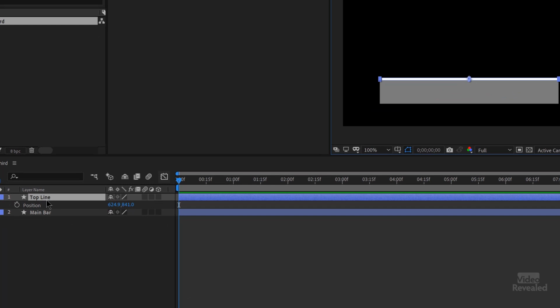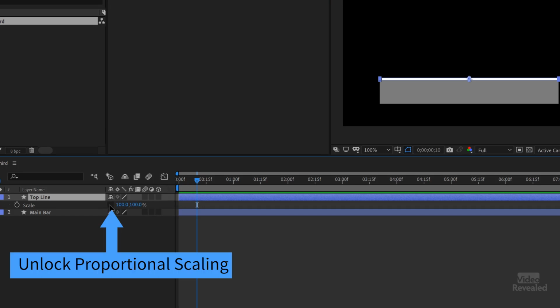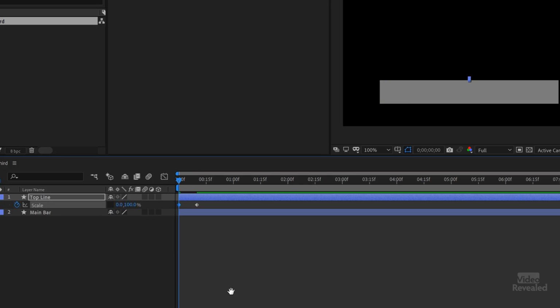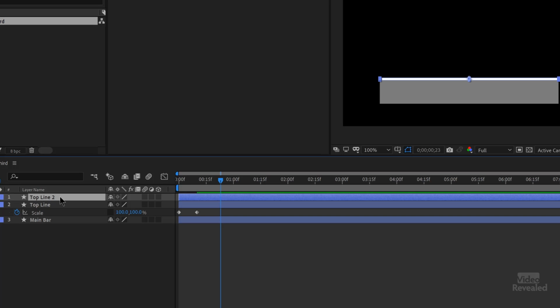So I'll tap the S key for scale, go to the point where I want this to be 100%, and add a keyframe, move back, click in the 100% on X, hit 0, hit return, and now we've got our first animation. Pretty simple. I'll duplicate that, Control D or Command D on the Mac, and let's name this bottom line. Hit the P key,